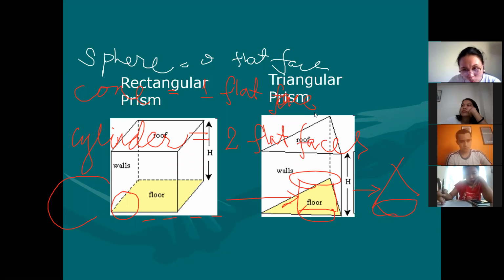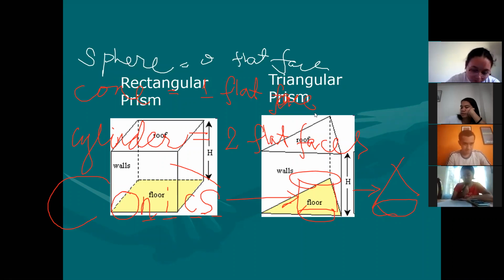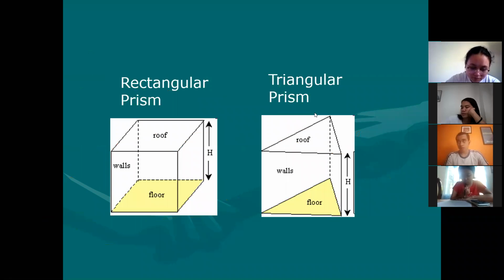Who can guess the term here? This is not found in your module. This is just some FYI of solid figures. Conics. That's the term for those solids with curved lateral faces. The term is conics. Get it? So conics and polyhedra